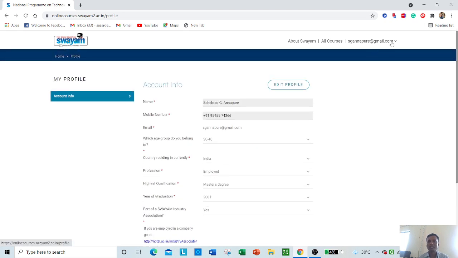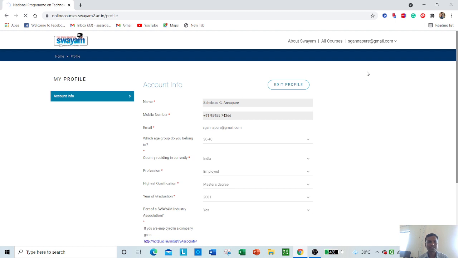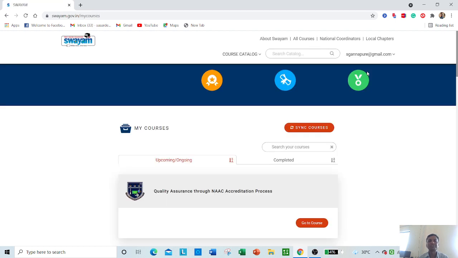Now I am going to move towards my courses. Once I click on my courses, the courses for which I have taken admission will be visible to me. If these courses are not visible in this platform, then try to click on sync courses, and automatically these courses will appear here.